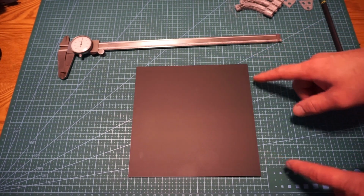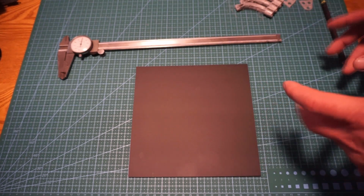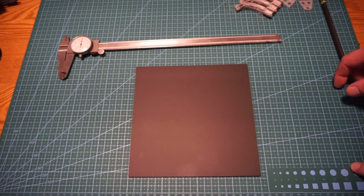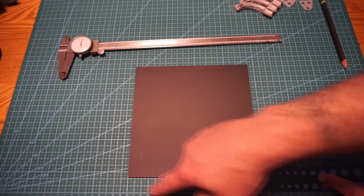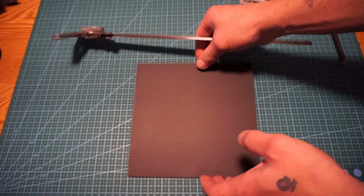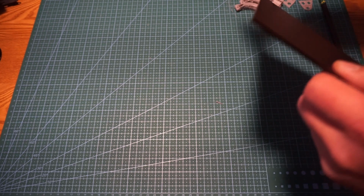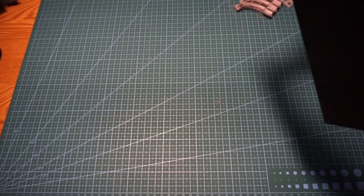Okay, so we have our piece here that we're going to use for the phone holder. This is the demo setup for using the CNC on the Snapmaker 2.0. Just a quick rough idea on what we're dealing with here. We have 190 by 190 for the overall dimensions out that way, and this way we're looking at,